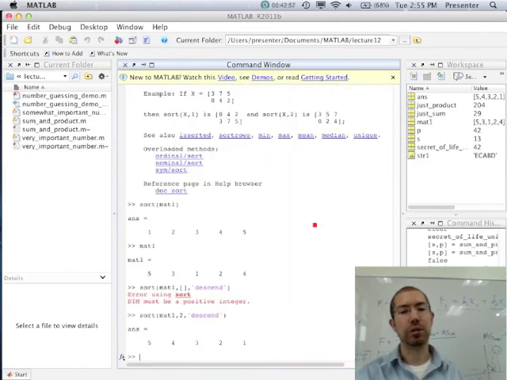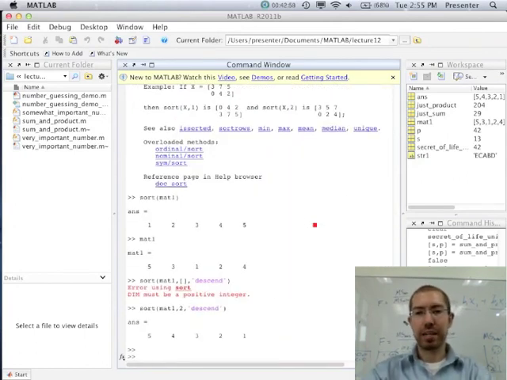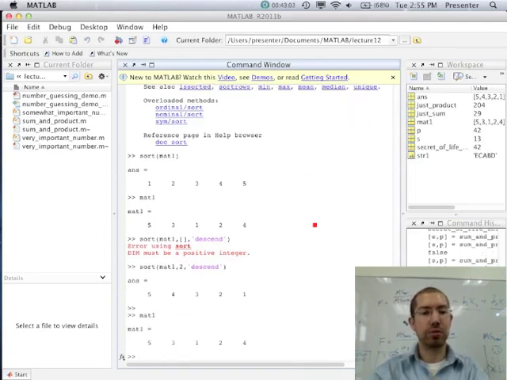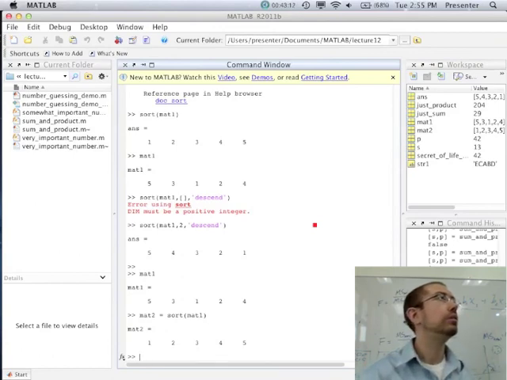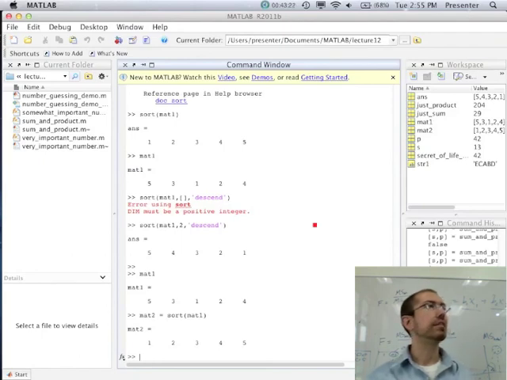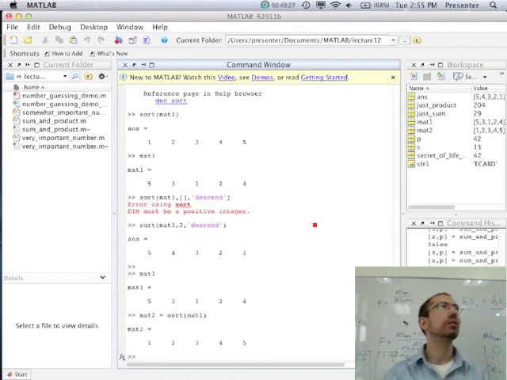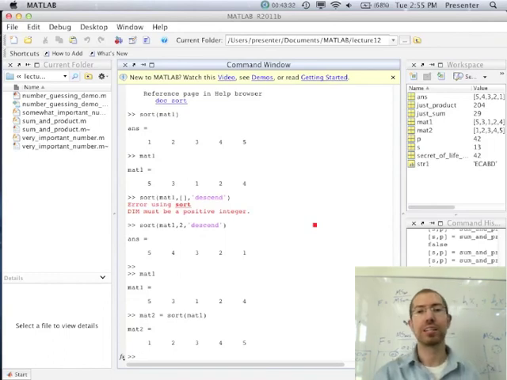And I can get multiple outputs. So let's say I want to say, mat1 is still my unsorted version, right? So if I want to say mat2 equals sort mat1, now mat2 is equal to the sorted version of mat1, right? But let's say I wanted to sort my alphabet letters in the same way that I sorted my mat1. So ignoring for the moment that I could just also sort that directly in alphabetical order, one thing